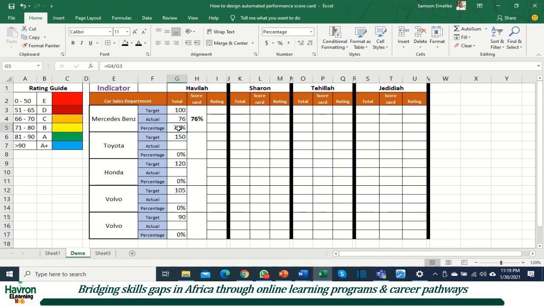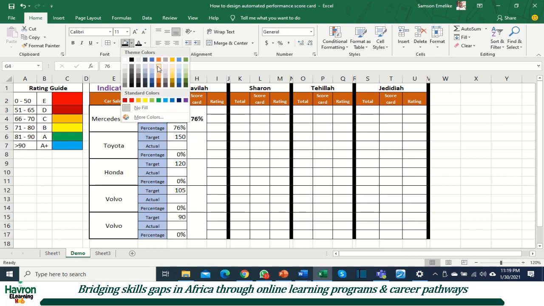So if I want to check, if I double click here, it's taking the quotient of this and this. See, it's also taking the same thing. This is because it's a relative cell referencing that we applied here. All right, so what is now left for us is, so let me just color this